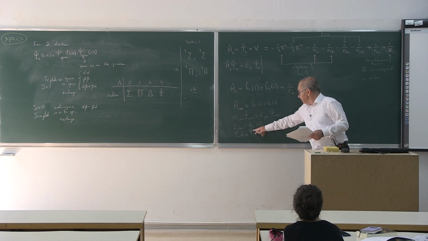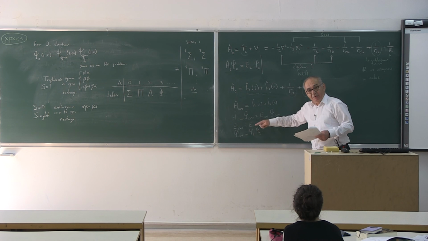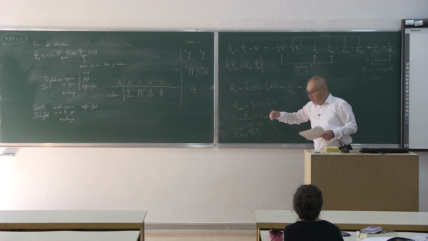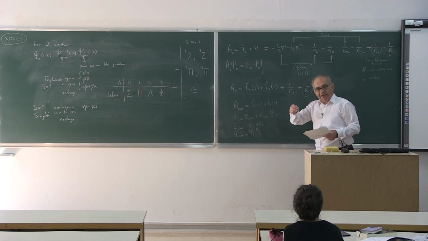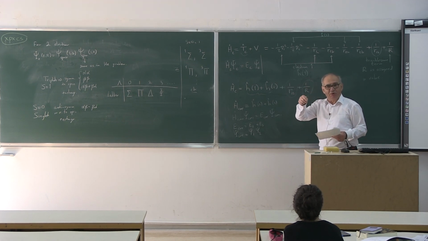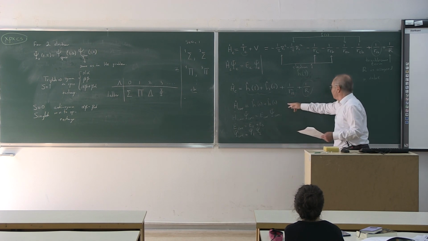I call these psi 1 and psi 2 orbital because of the definition that any state function for a single electron is called orbital. That's a general term. The orbitals are obtained,